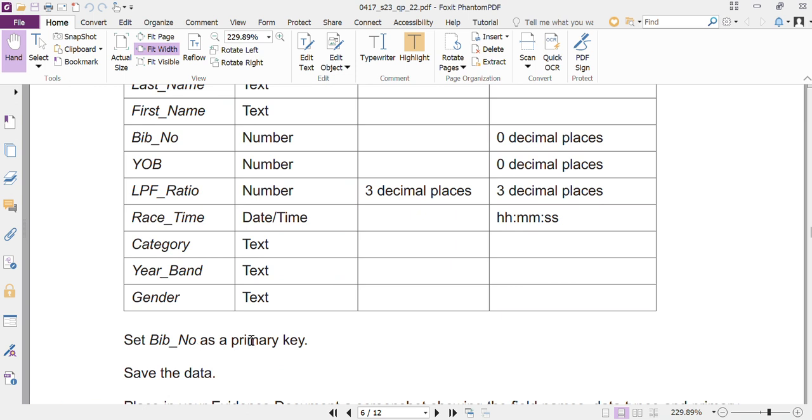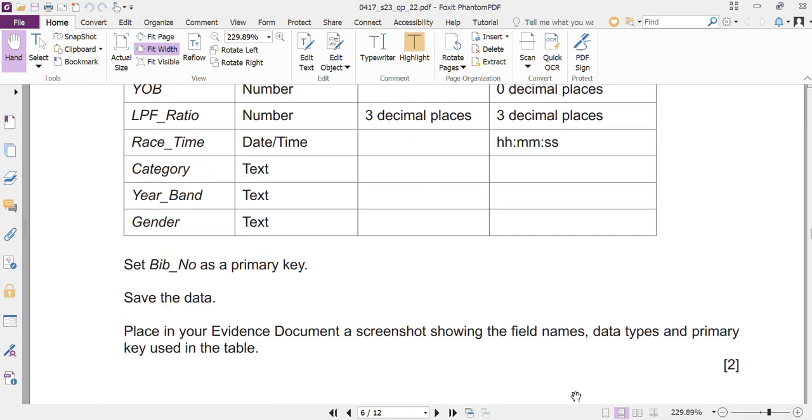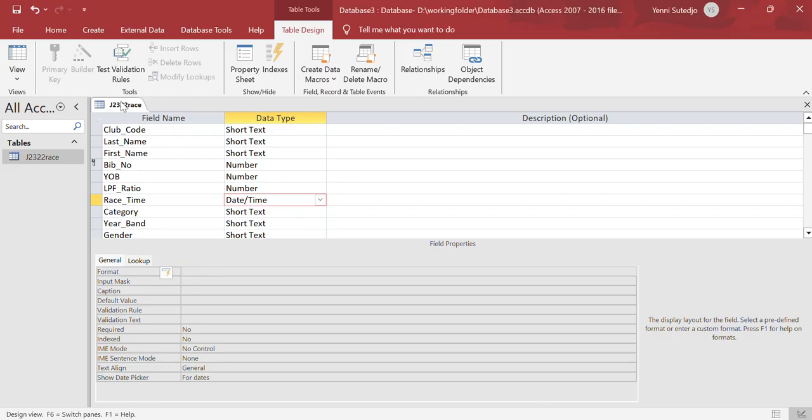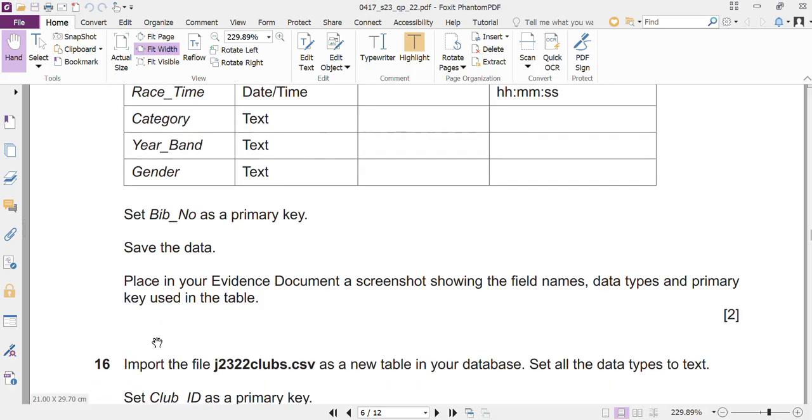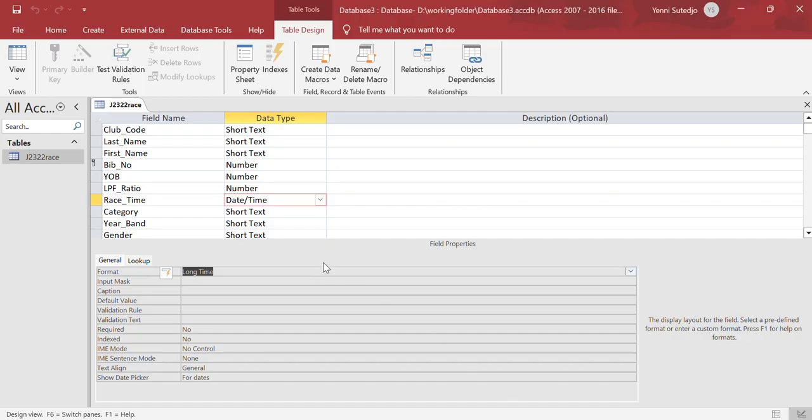Set BIB number as a primary key already. Save the data. This one is actually saving the change that we did on the design view, and then after that: here, place in your evidence documents a screenshot showing the field names, data type, and primary key used in the table. So basically, the area that you need to